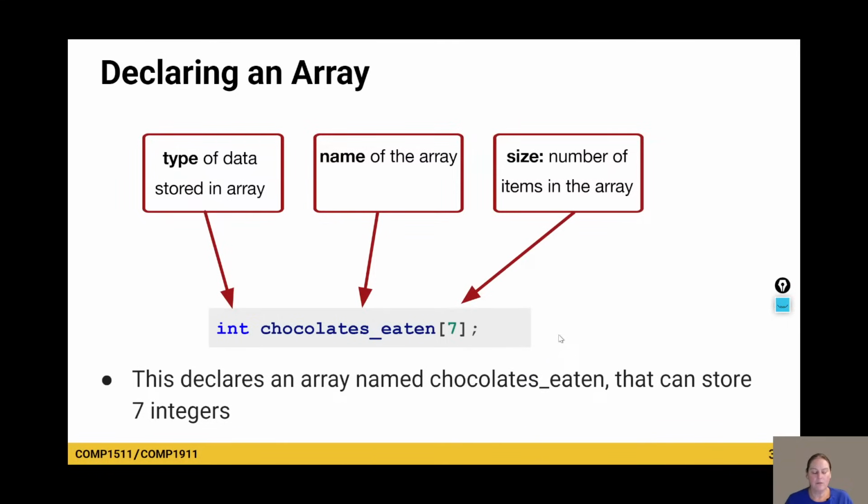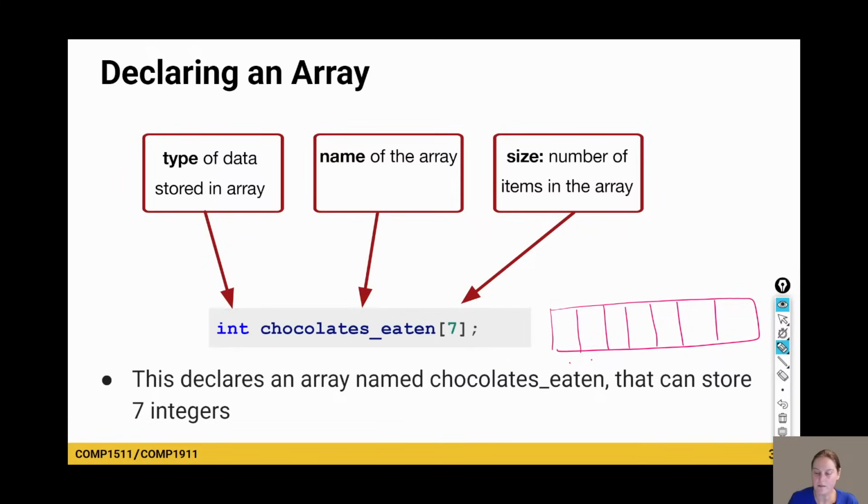Now, what could we do with it? Right now, when we've done this, I've got an array, and often we visualize an array like this. If it's size 7, there are locations for 7 integers, but right now I've just asked for a chunk of memory. It's all uninitialized. Now, how can we initialize it with some data?